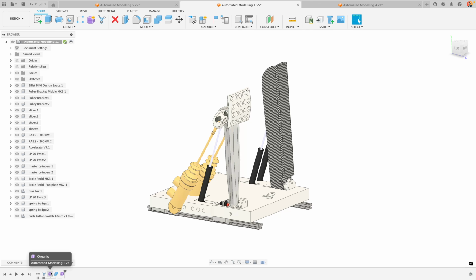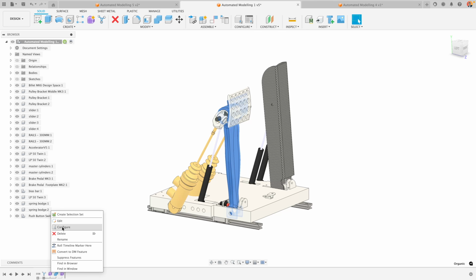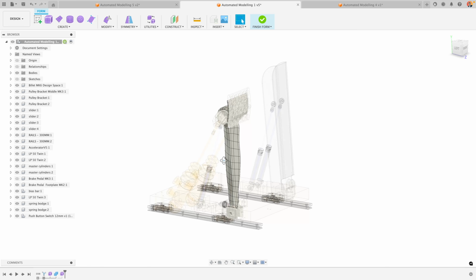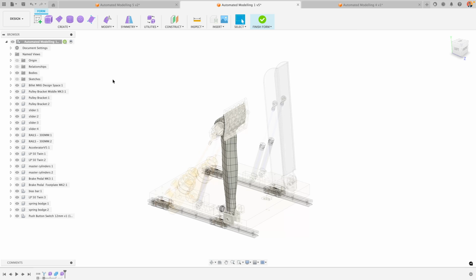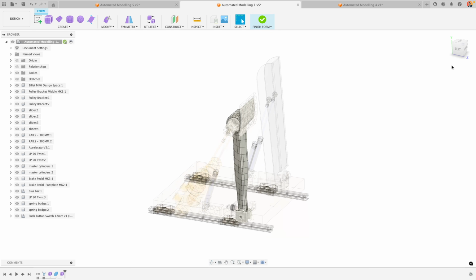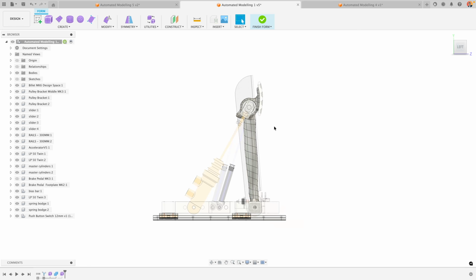And if I was to go down to the timeline, I can edit the form of that automated model. When I go in and edit that form, I get all of the usual form tools, but I don't have to start from scratch. I can start from something that's already quite close to what I want. Now, that doesn't mean I wouldn't want to edit it. We know that we wanted a nice